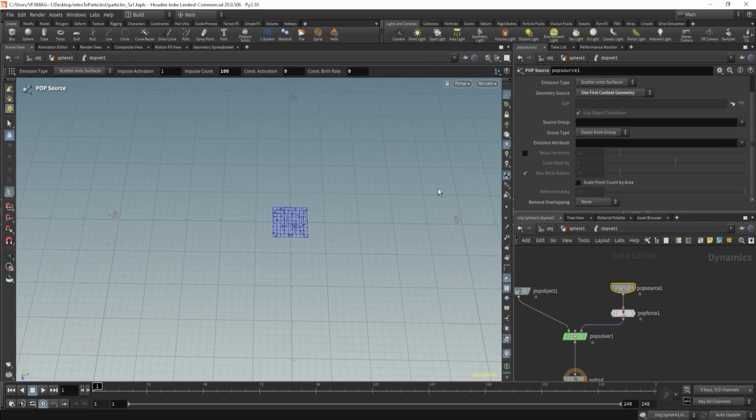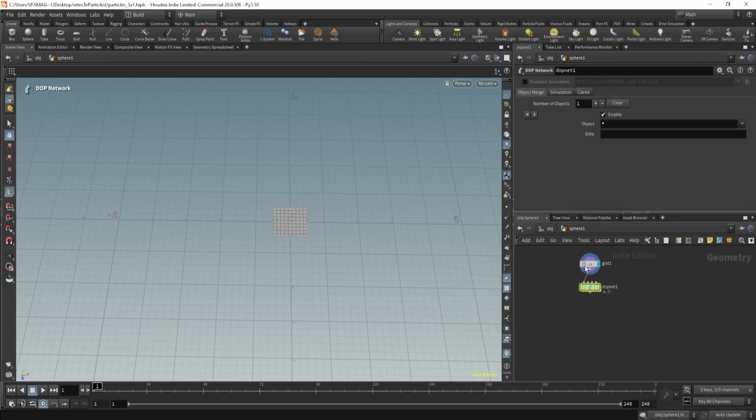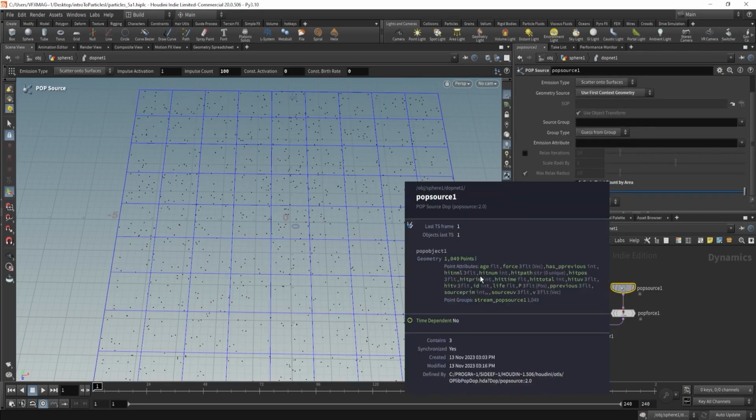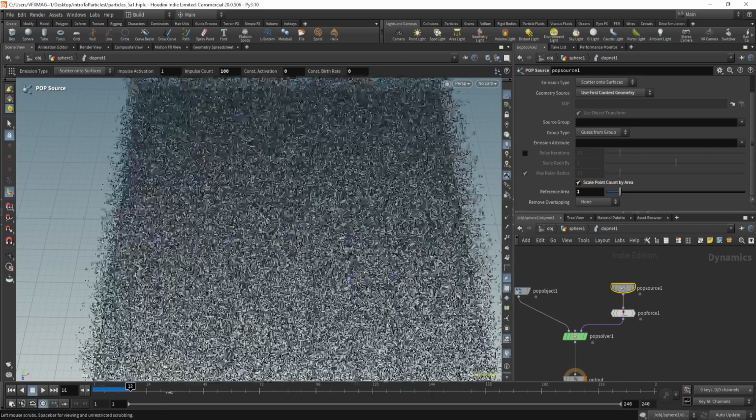But if you want it to depend on the size of the source, if it's bigger I want 100 points, if it's smaller I want half of that. To do that it will scale by this area. So now you can see it changes, and if I increase it, it will increase the count accordingly. This is how it works. So it depends on area,